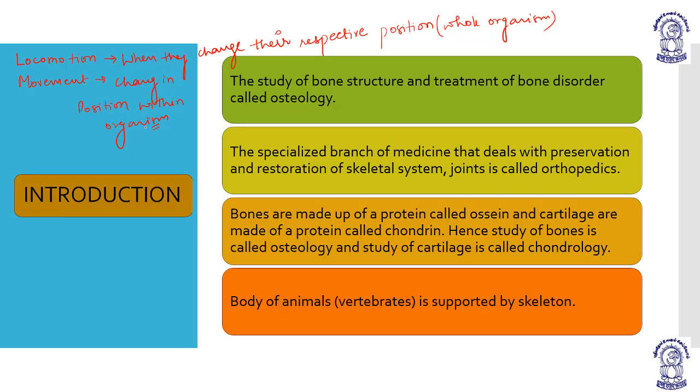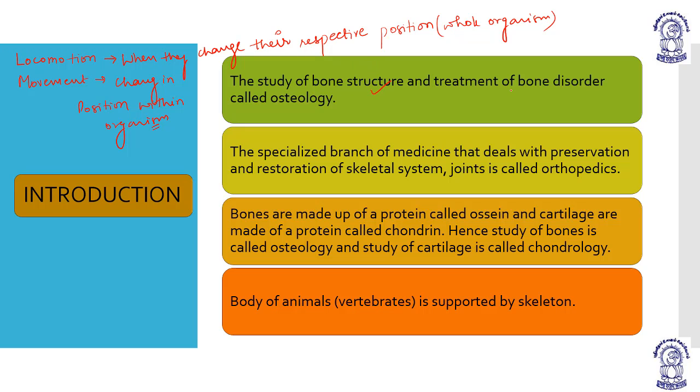So amoeboid movement with the help of pseudopodia, for example, amoeba and the amoeboid cells like WBC. Ciliary movement, flagellar movement, they all are movements. Okay. Paramecium and sperm move with the help of these movements. Okay. Muscular movements with the help of muscular tissues. Okay. So movement can lead to locomotion. Locomotion is a broad term, okay, which involves movement of different body parts.